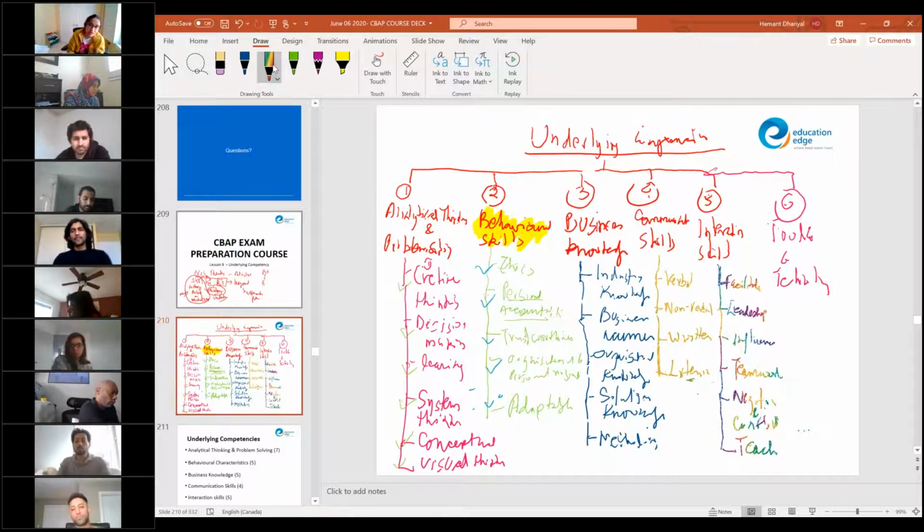And finally, development of competency would not be completed if you do not develop knowledge of tools and techniques that are relevant to your industry. But as I said in the beginning, these underlying competencies do not necessarily mean that these are competencies of a business analyst. I personally feel these are competencies of anyone who is expected to deliver certain level of value in the organization. So tools and techniques, one of the tools and techniques is